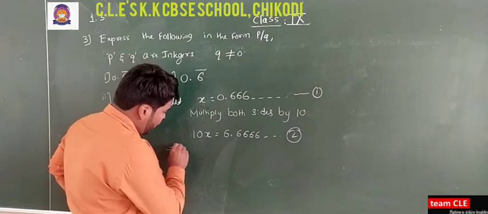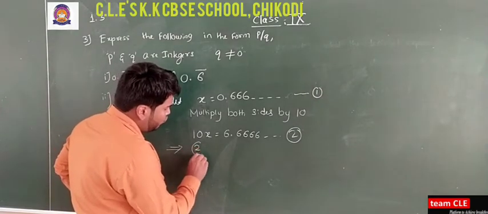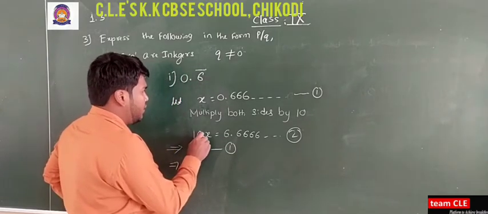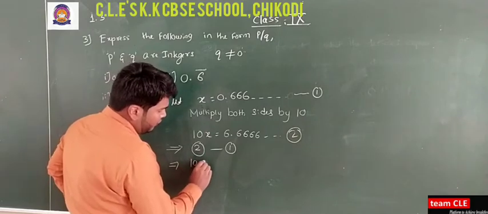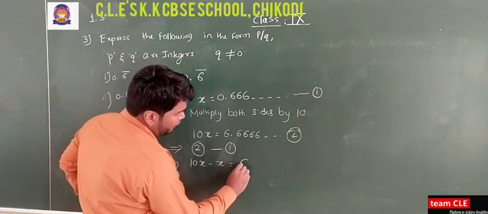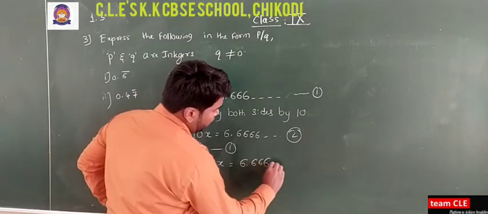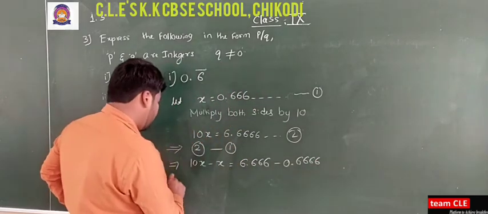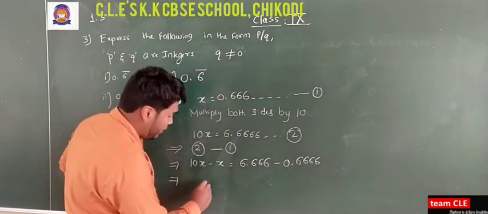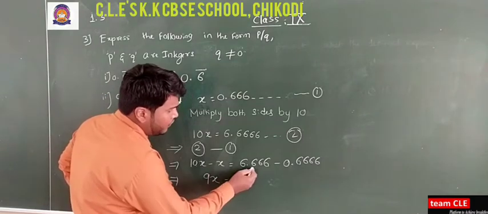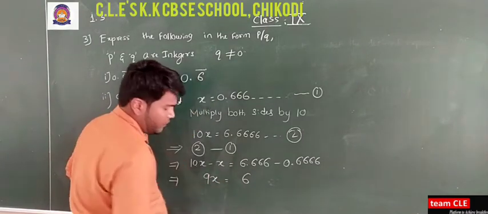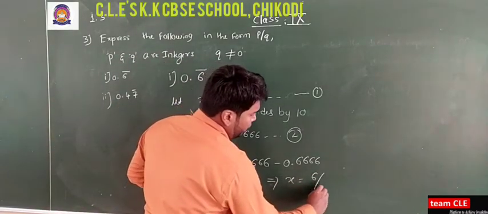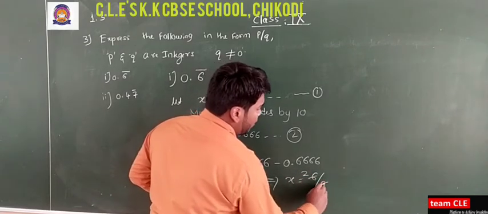Now, as you already learned in the previous video, it is equation 2 minus equation 1. So what is your 2? It is LHS with LHS, that is 10x minus x, which is equal to 6.666 minus 0.666. So what will you get? 10x minus x, you will get 9x, which is equal to 6.6 minus 0.6, you will get only 6. Okay, so now x is equal to 6 by 9. So again this is 3 2s are 6, 3 3s are 9.